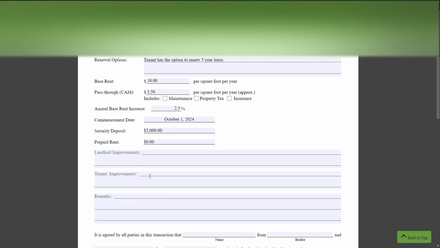And the tenant improvements, you could put that the tenant wants to make certain improvements, maybe renovate the unit, if they're trying to use it for a food and beverage business, make it into like a restaurant and it was originally a retail location, they could put there that they're looking to renovate the building to accommodate restaurant equipment.